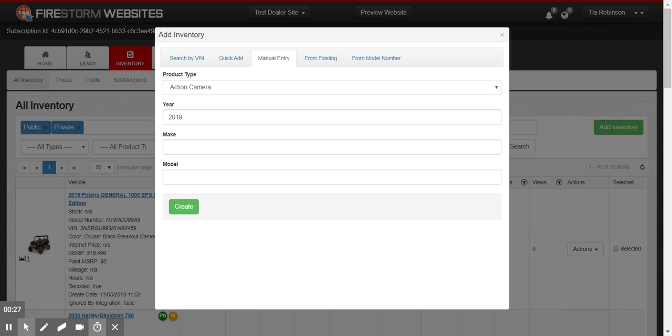Manual entry allows you to populate all of your vehicle's details manually. So you can start by choosing product type and select from the available product types here. As you can see, there's a lot of flexibility for taking in products outside of the power sports industry or even included in. So today we're just going to add a normal motorcycle, but see here that you can also add in a bunch of other options if you have those and would like to implement those on your website. So we'll click motorcycle. I'm going to choose from an older model year, which is the reason I'm manually entering this in today. So I've got a 1978 Triumph